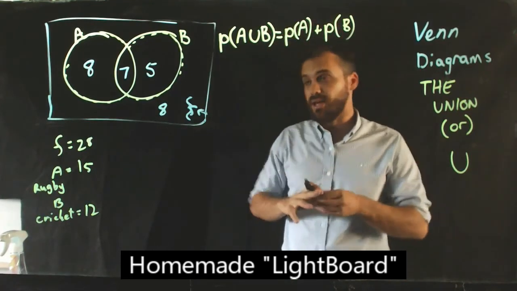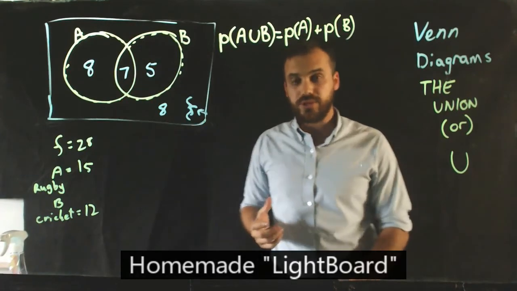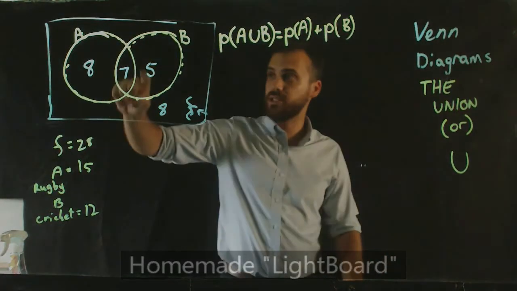Now, stop and think about that. That's the entire circle for B. Now, what's the issue there? If I take the probability of A